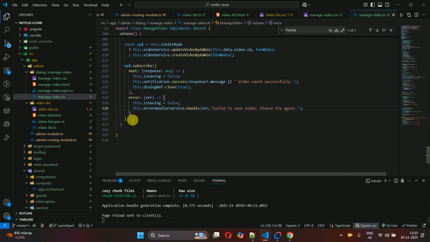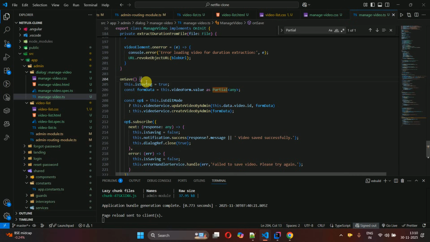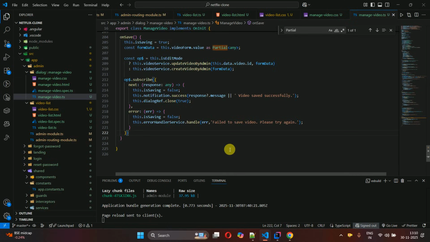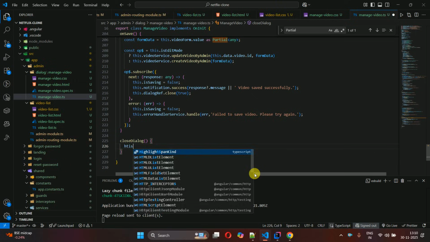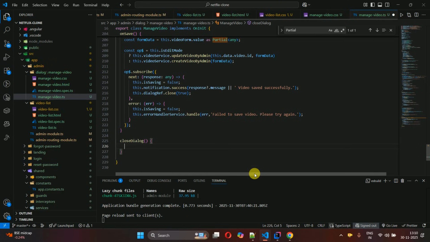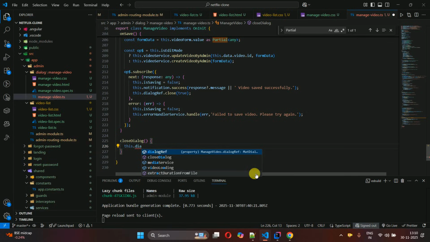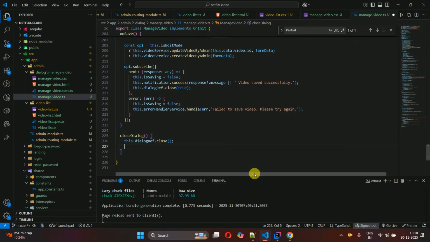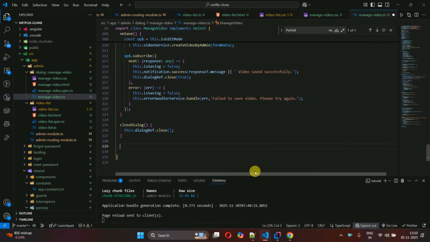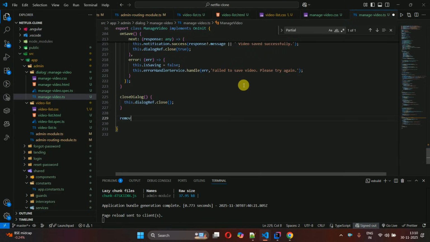Then outside of this particular onSave method, because the logic related to onSave is also completed, outside of this we have to write the close dialog, and inside this one this.dialogReference.close. Then we are also giving the option to users to remove the poster as well as remove the video. So just write the logic removeVideo, and if